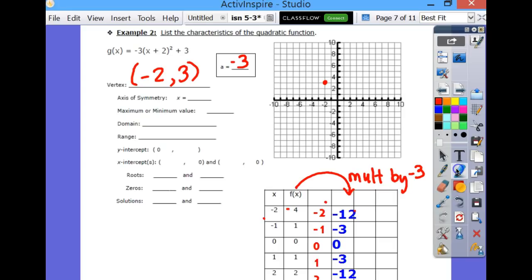From my vertex, these are the points I'm going to put on the graph, but this one would go off the graph. So I'm going to count left 1, and I'm going to count right 1, 1, 2, 3, and then if I had enough, I might can count it, 1, 2, 3, 4, 5, 6, 7, 8, 9, 10, 11, 12. So it does fit on the graph. And so here